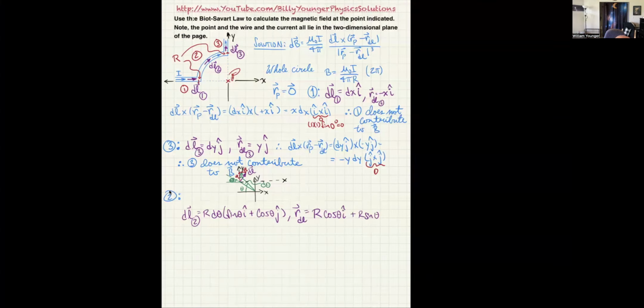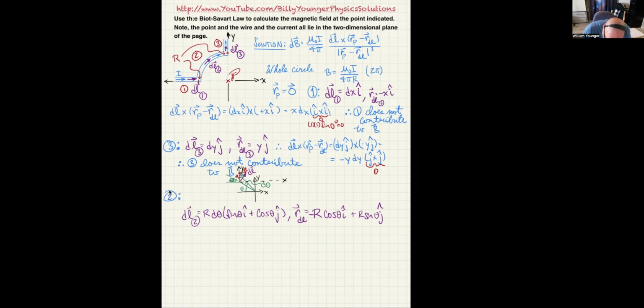Ooh, and actually the x component should be negative. My fault, I should put a negative sign in there. And the y component should be positive, and that's r sine theta j hat. In this case, as always, RP is equal to 0, so we can go ahead and compute dl cross